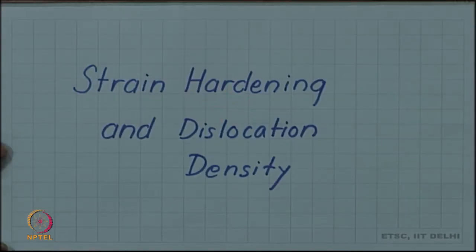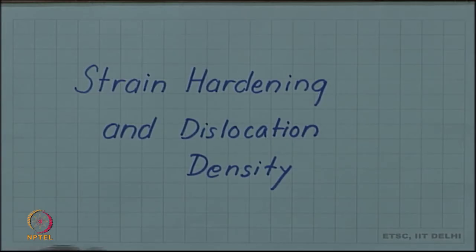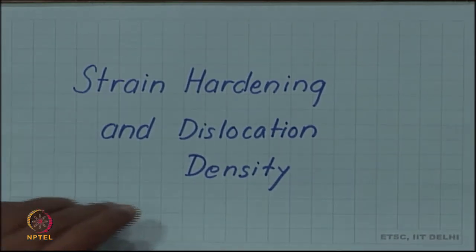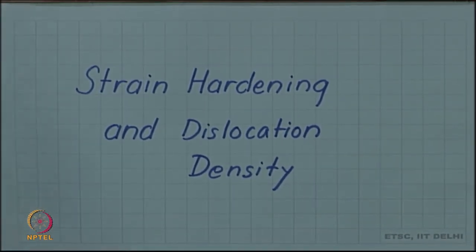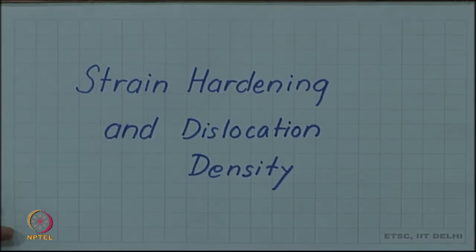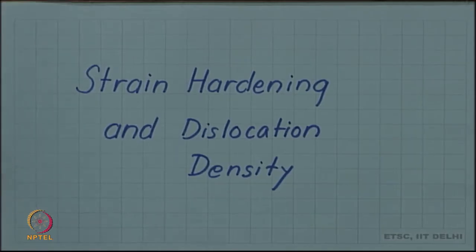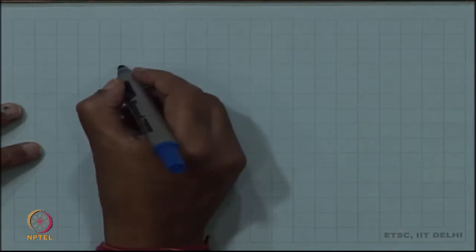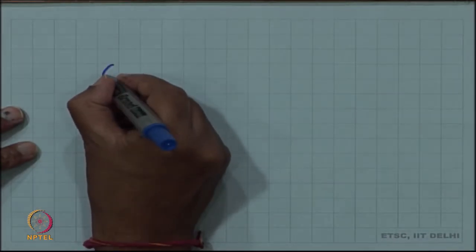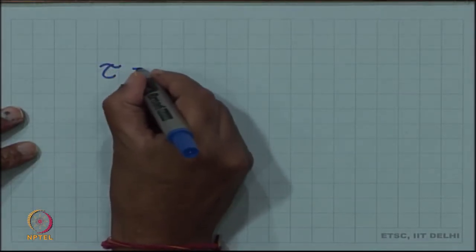We have been discussing strain hardening, and we related strain hardening to the increase in dislocation density of the crystal. So, people have tried to establish empirical as well as some sort of theoretical relationship between strain hardening and dislocation density. So, let us look at one such relation. The relation itself is quite simple. We can write